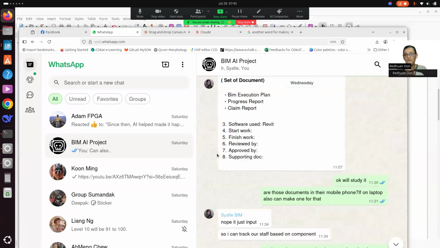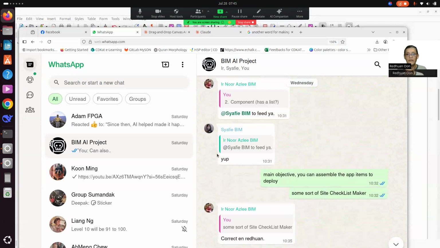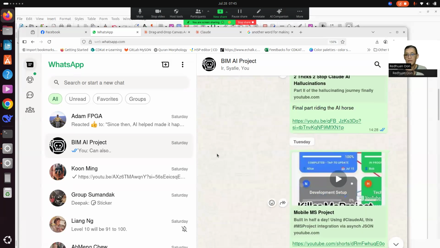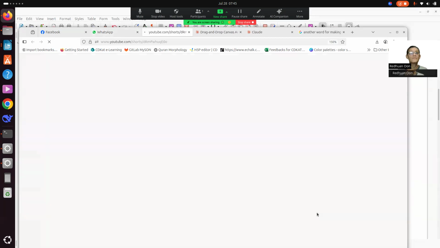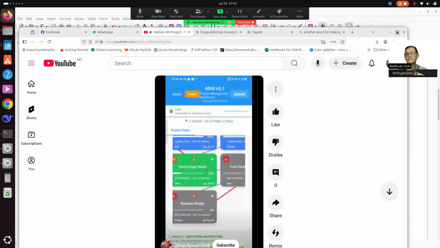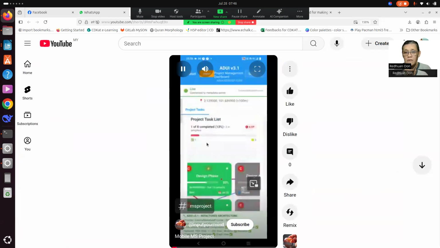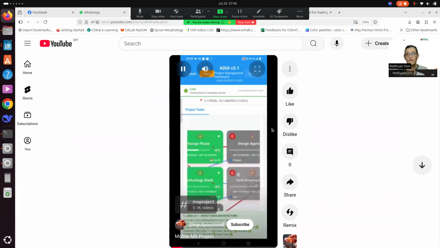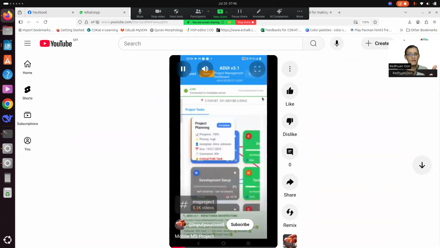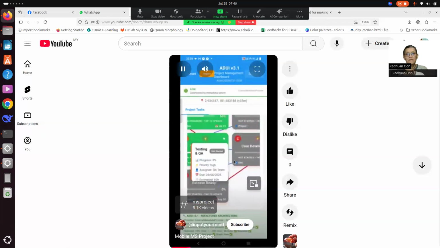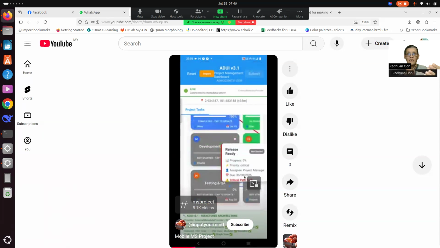Maybe I'll show that again from the last video, the app, the movie, if you want to refresh your memory, or for those who just came into this. This is the last movie. You will see what we have done. MS Project, all right. So Gantt chart view, and you will have your GPS there. And you can pop up and you can progress each node to finish. And then when you submit,